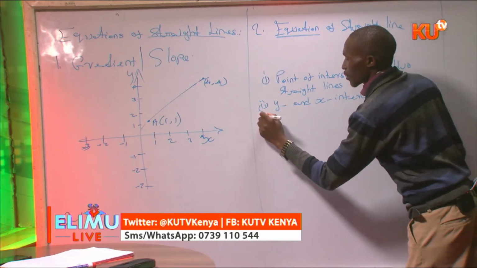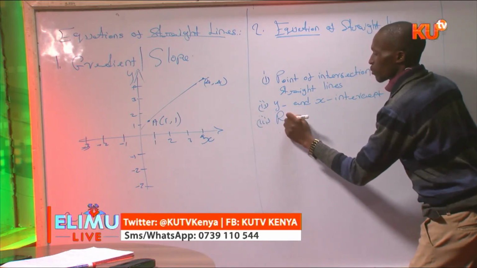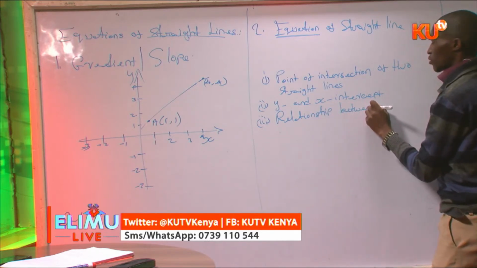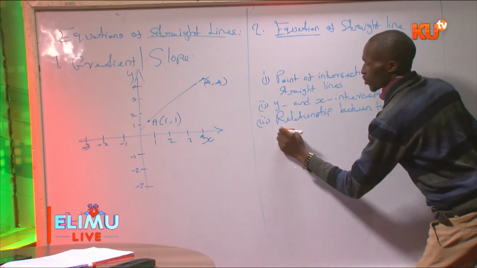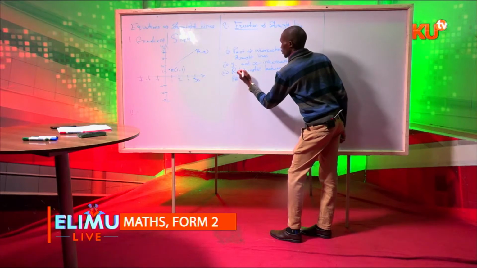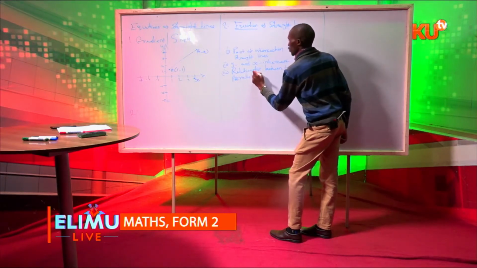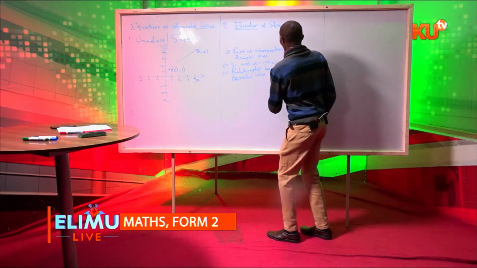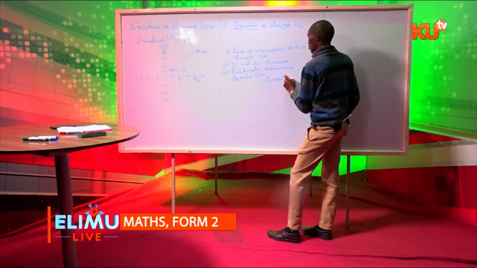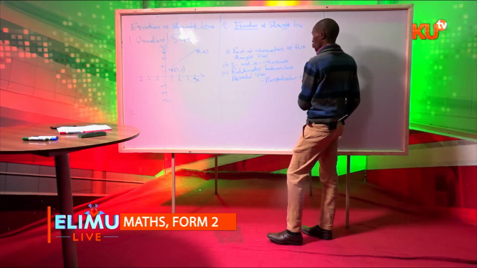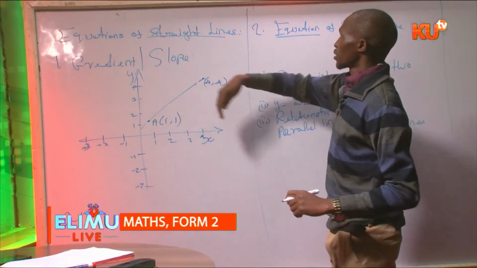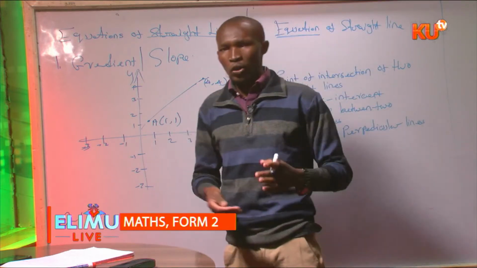Number 3, relationship between two parallel lines and between perpendicular lines. So those are some of the areas which you can explore when you have the basics. What is gradient? How do you find gradient? What is an equation of a straight line, and how do you find the equation? So